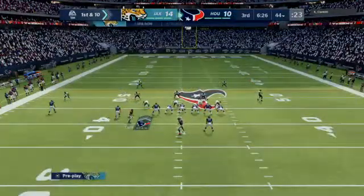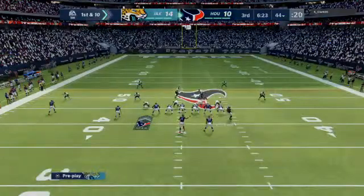Mike 48. And we got to get to the ball, team. We got to get to the ball. Let's keep